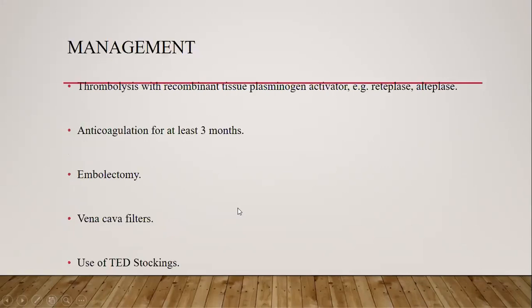So how do we manage this? Remember with DVT, we said that make sure you prevent a PE. So you give medications to prevent it. But if you are not able to prevent it and it gets to the lungs, then now you have to manage it anyways. So how do you manage it? In preventing your PE from happening, what we do,